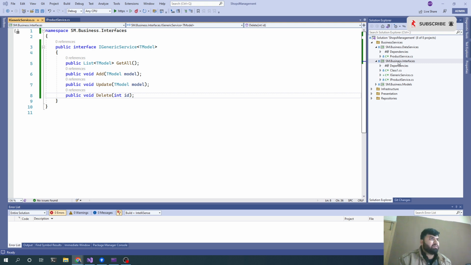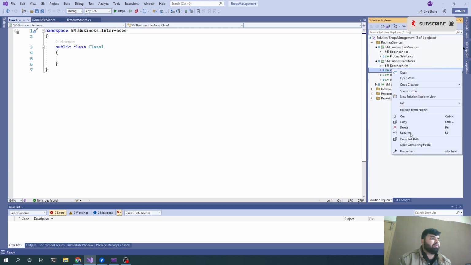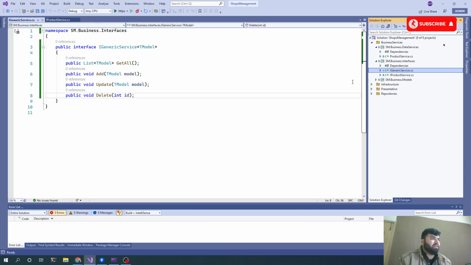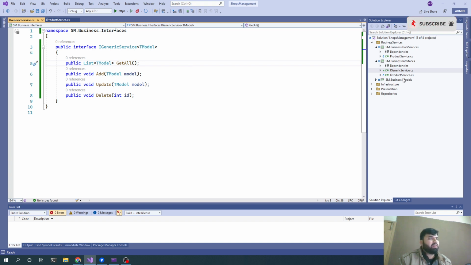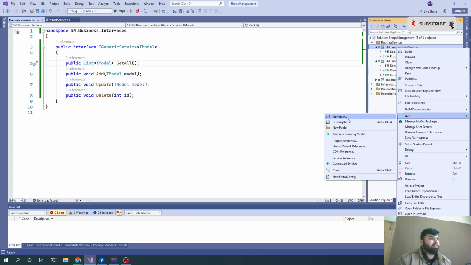Yeah, I think we can remove that one from here, just to make sure we are cleaning the code as part of the refactoring activity. Okay, and here in the data services we need to add